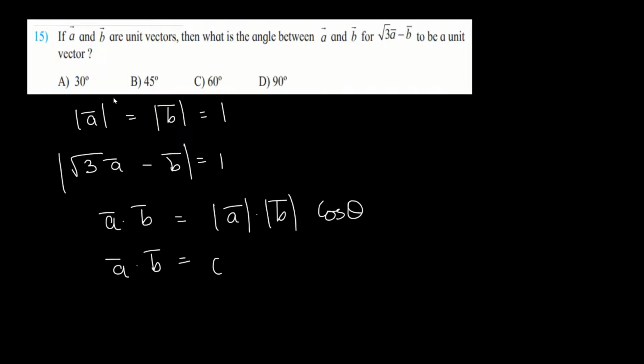Okay. Now what is A dot B? Formula for a dot product: A dot B is mod A mod B cos theta. In this case, mod A is 1, mod B is 1. So A dot B becomes cos theta. Let me write it properly and show it to you. 1 into 1 into cos theta. And therefore we have cos theta is equal to A dot B. We keep this in mind.